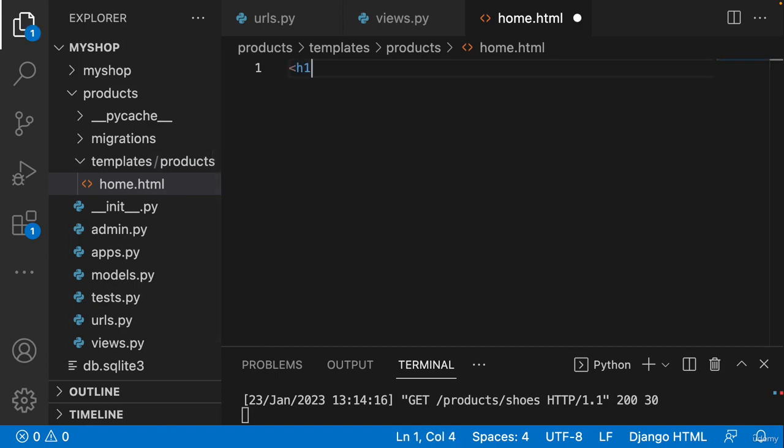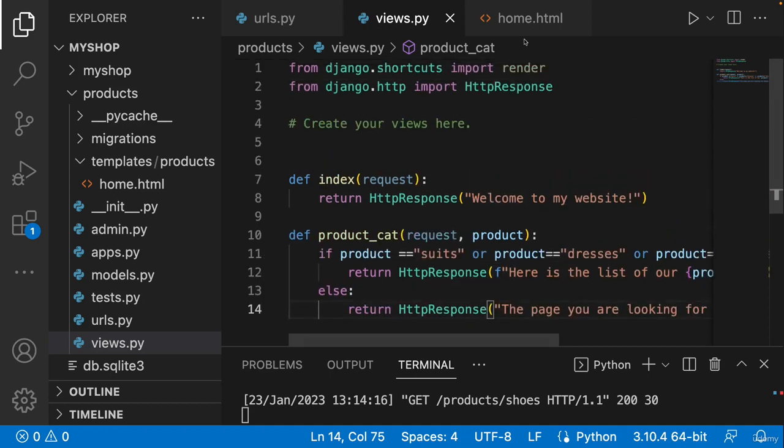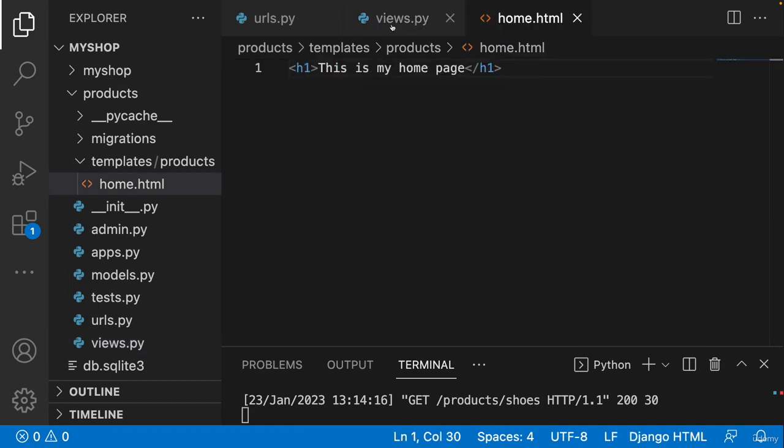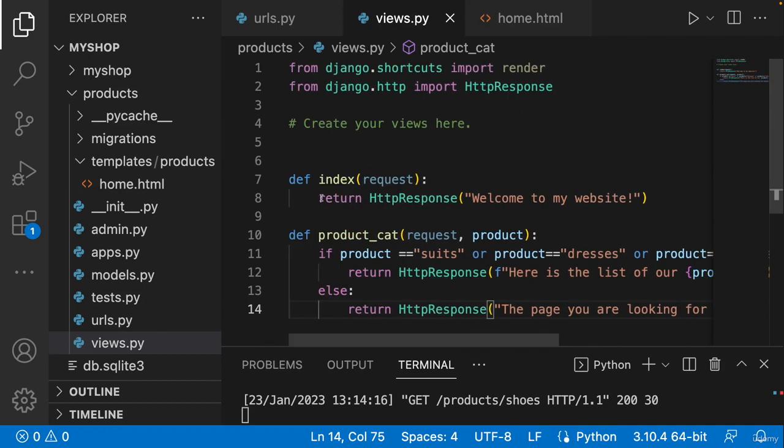Now what I'm going to do here is create a simple h1, okay? And inside it, I'm going to write down, this is my homepage, okay? And I'm going to save it. Now, what I want to do is that in my views.py here for my index function, I want to show this HTML file, okay? So the way we have to do it is to come here and in the return,